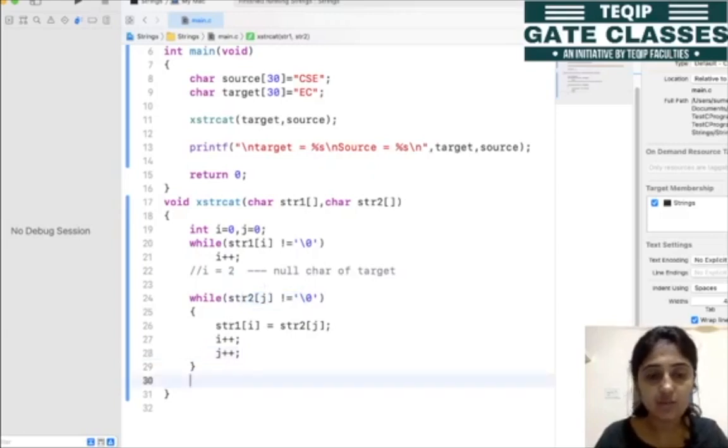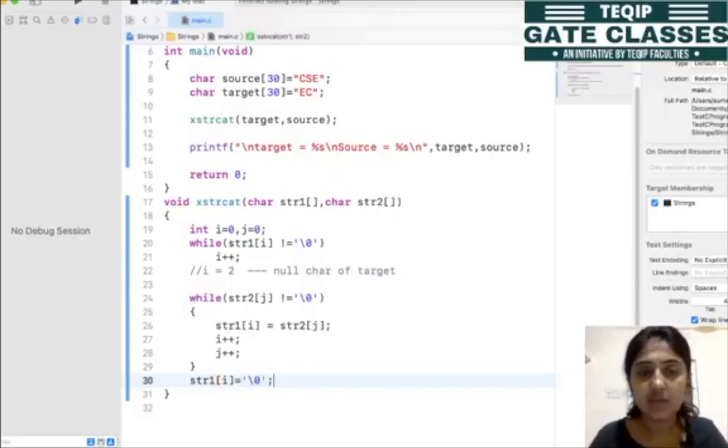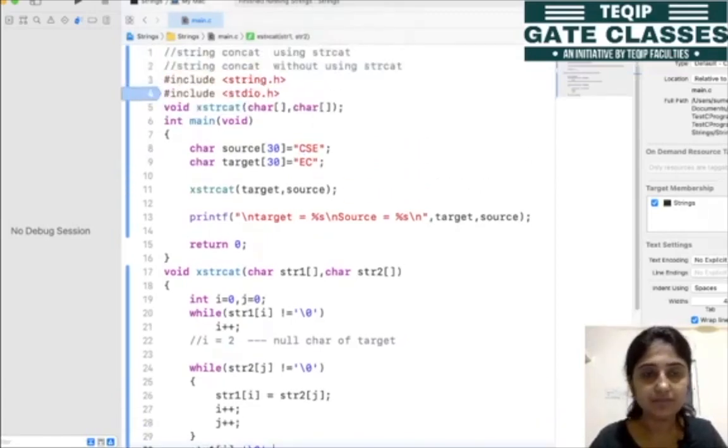At this position we explicitly need to add the null character, because the null character which was added by the compiler, we have changed it. Wherever the null character was, at the second location we have replaced it with the first value of the source. So therefore we need to add this null character at the end of our target string. So this is our program. Let me run this code.